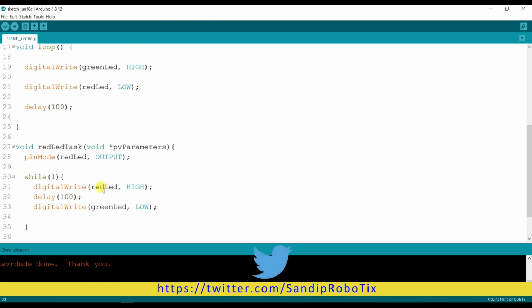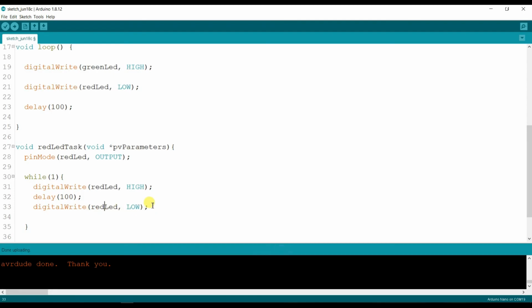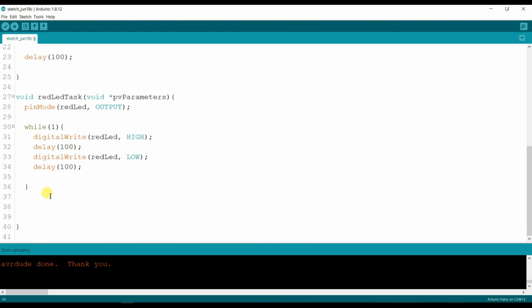Here the red LED is high, and again the red LED will be low, and a 100 millisecond delay. Okay, and I will create another task.